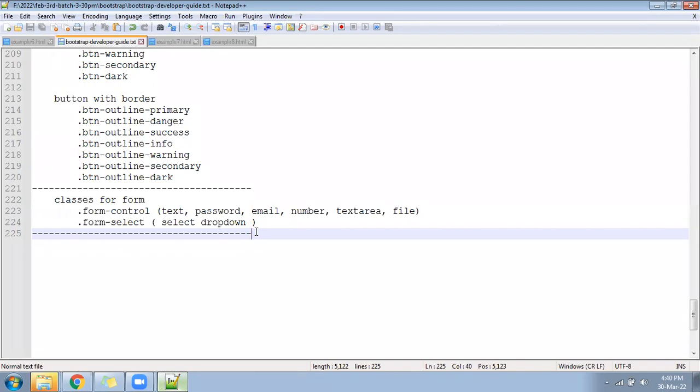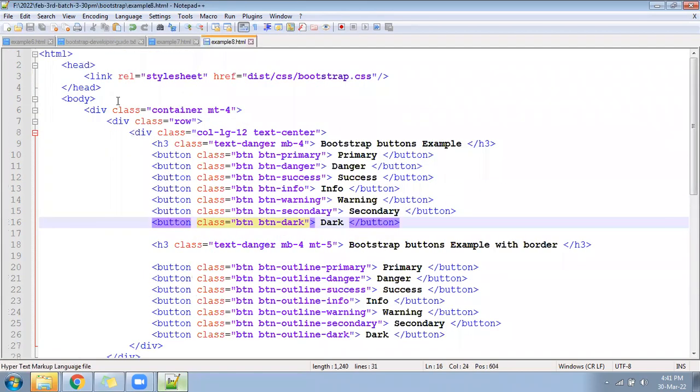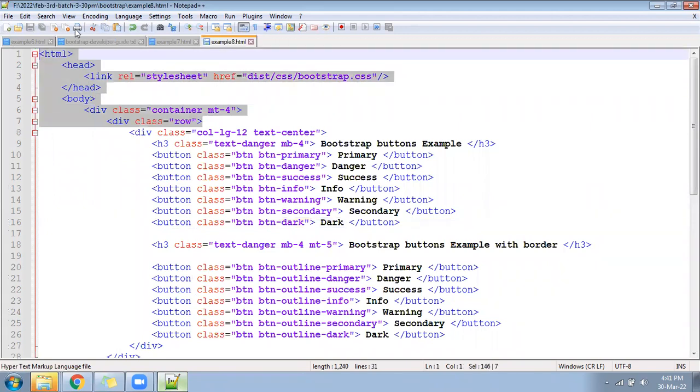Next file, example9.html. Till row we can copy and we can create the next file.